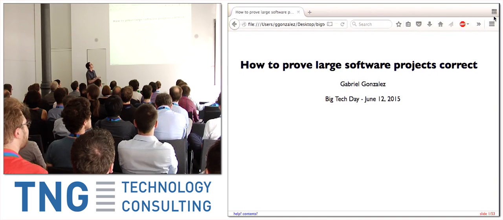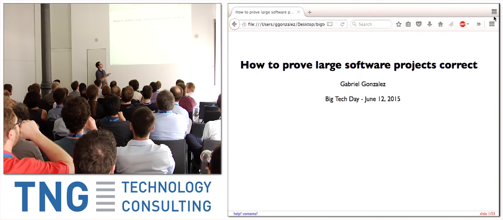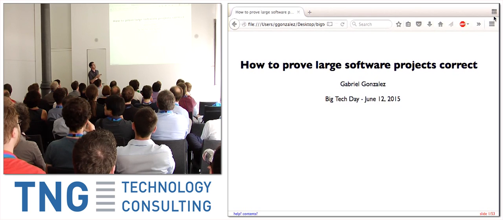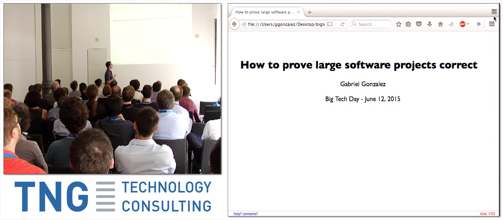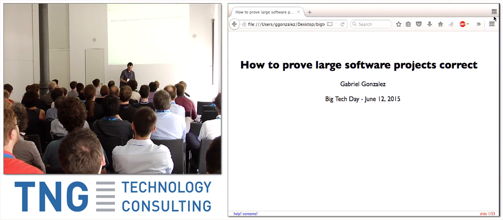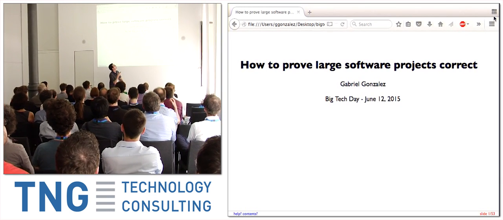So today I'm going to be talking about how to prove large software projects correct. My name is Gabriel Gonzalez, and I'm a software engineer from Twitter, and the date on this is wrong. Oops. And so let me give a little bit of background of why I care a lot about proving software